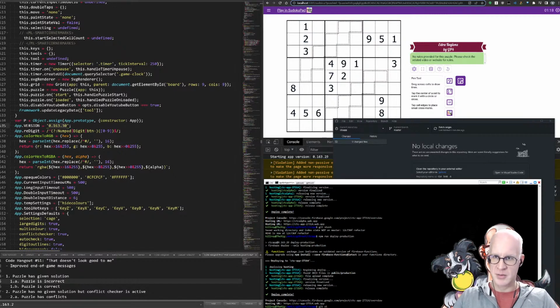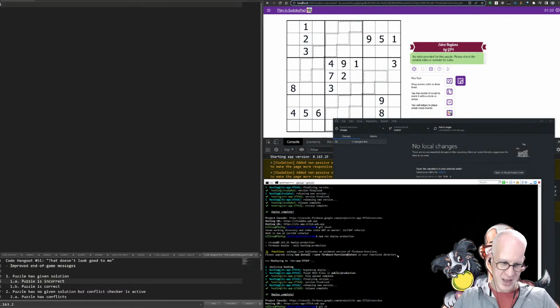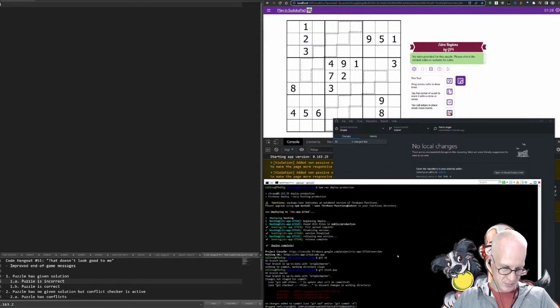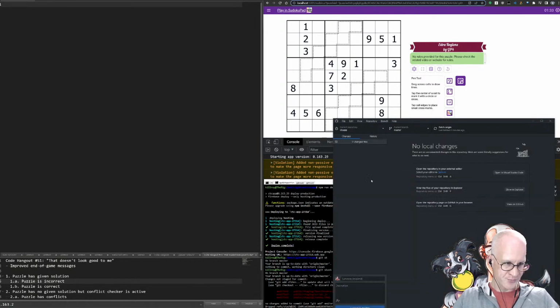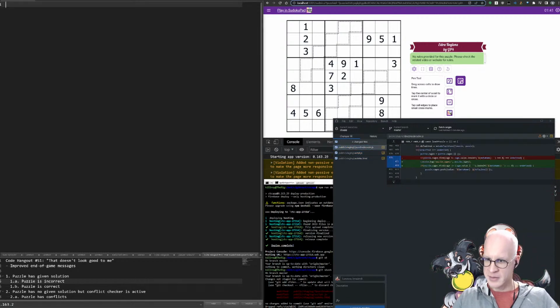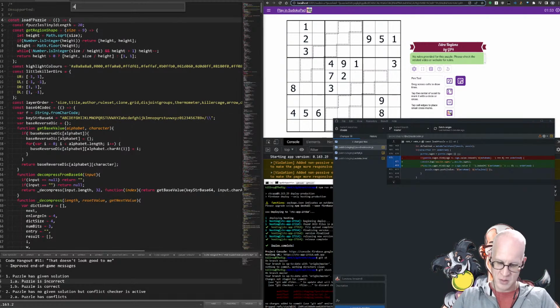Pull it out of the stash, make sure we didn't forget anything. Put the patch onto staging as well. Hope we didn't lose all our work, because I didn't actually commit any of it. I like to live dangerously. All right, so we've already put the fix in here, I believe. No, we need to do a little bit more. Close production here, so I don't accidentally edit the wrong file, because I do this all the time.